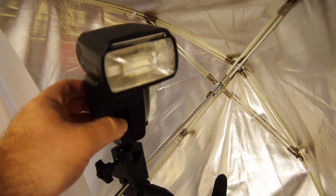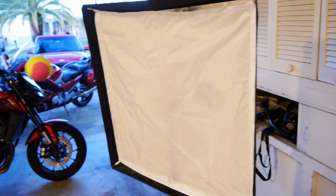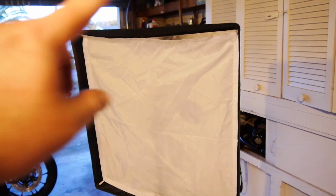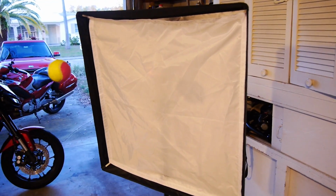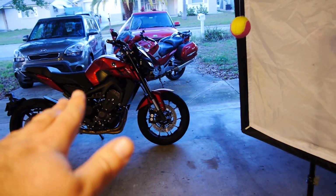This is a refraction panel, and it's bouncing all around the center of the box and bounces out, and then lights up this front panel of the softbox, hence its name. So now your light source is huge. It's 2 feet by 2 feet. Makes a big difference. You also need to get this physically as close to the bike as possible, because the